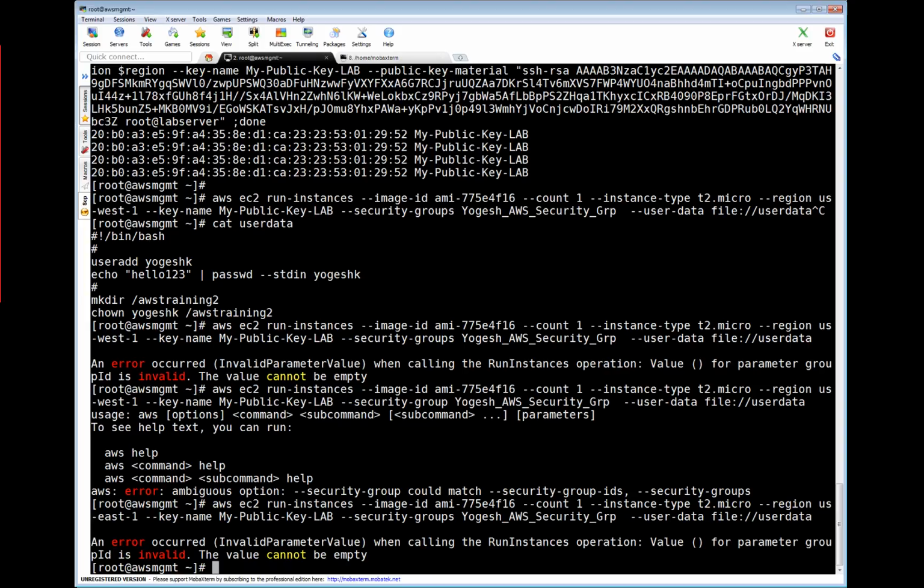It is giving error, value parameter group ID is invalid. So security group ID, it is not accepting security group. So here